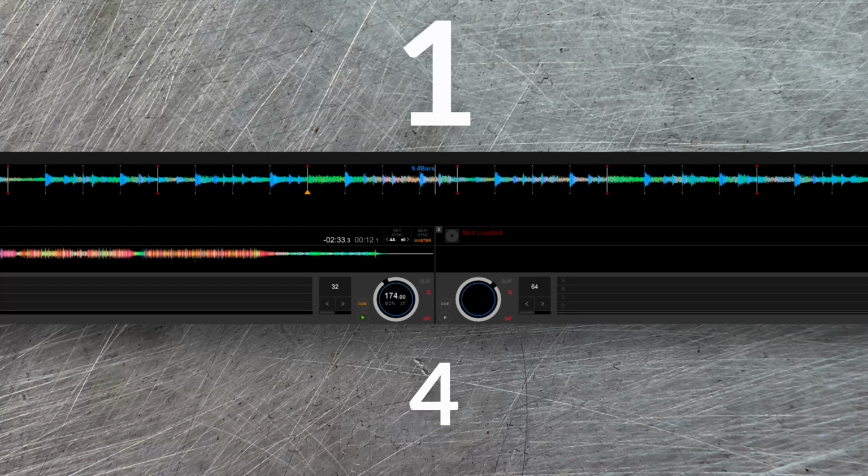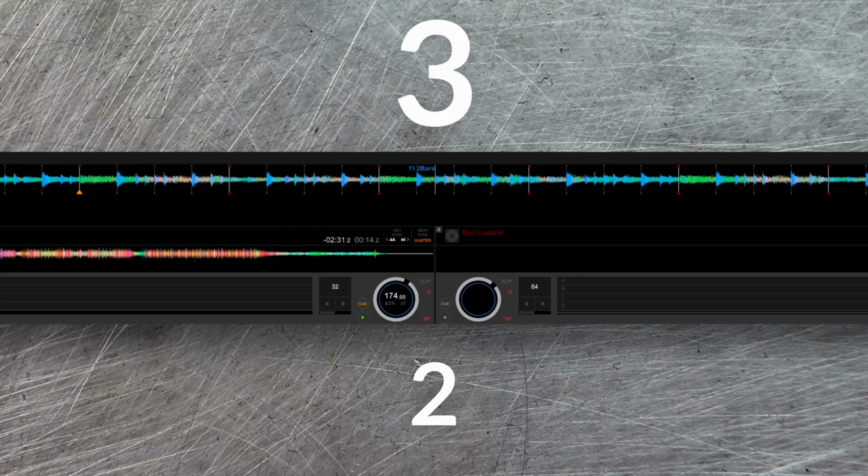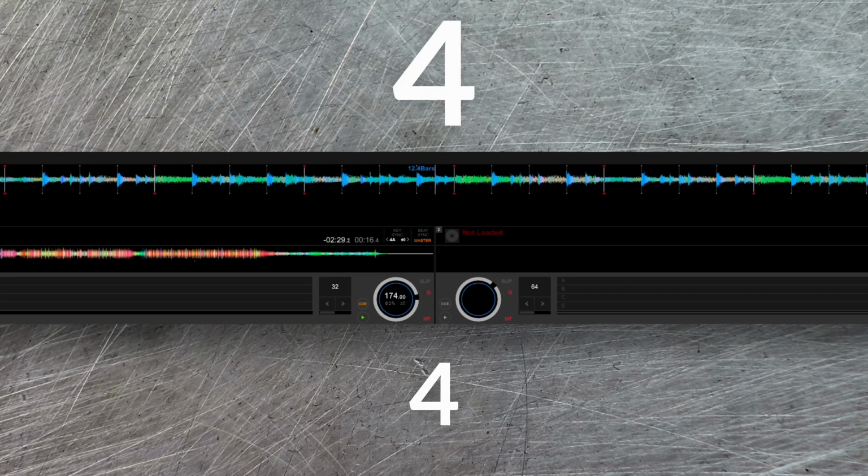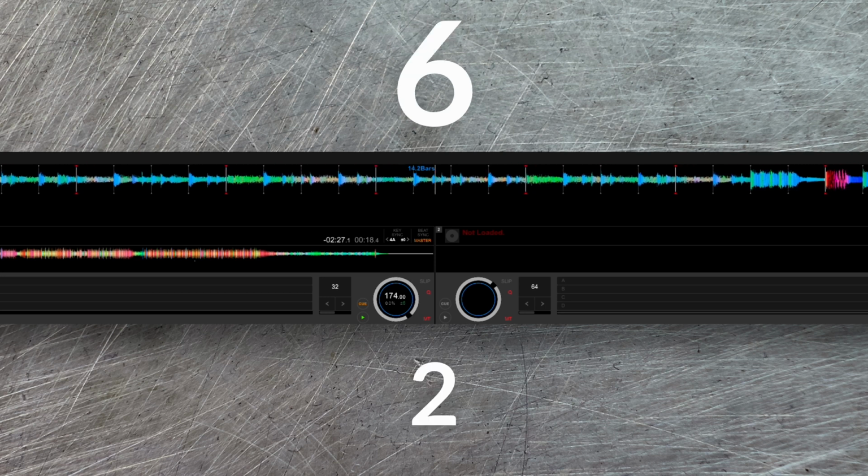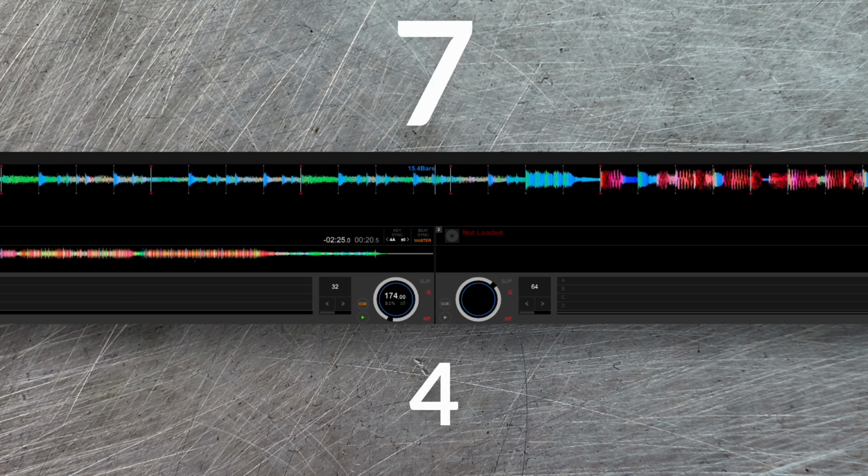1 2 3 4, 2 2 3 4, 3 2 3 4, 4 2 3 4, 5 2 3 4, 6 2 3 4, 7 2 3 4, 8 2 3 4